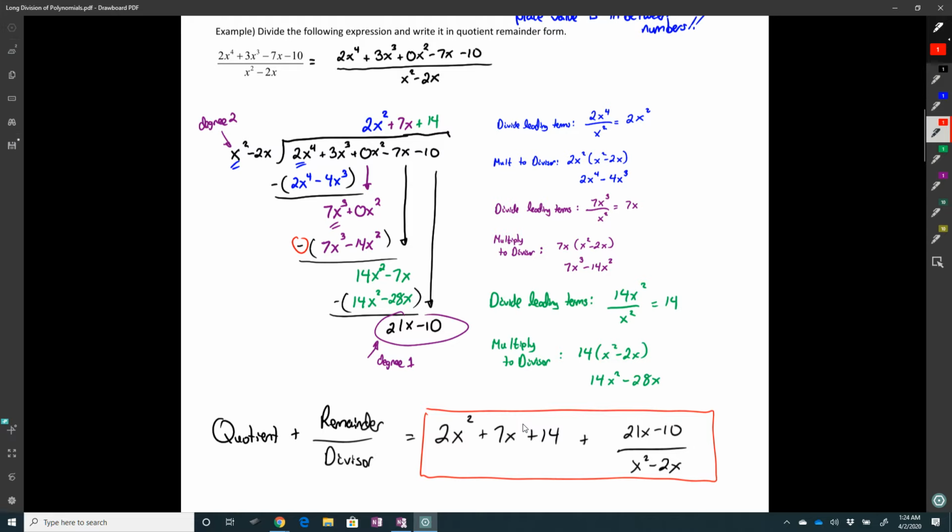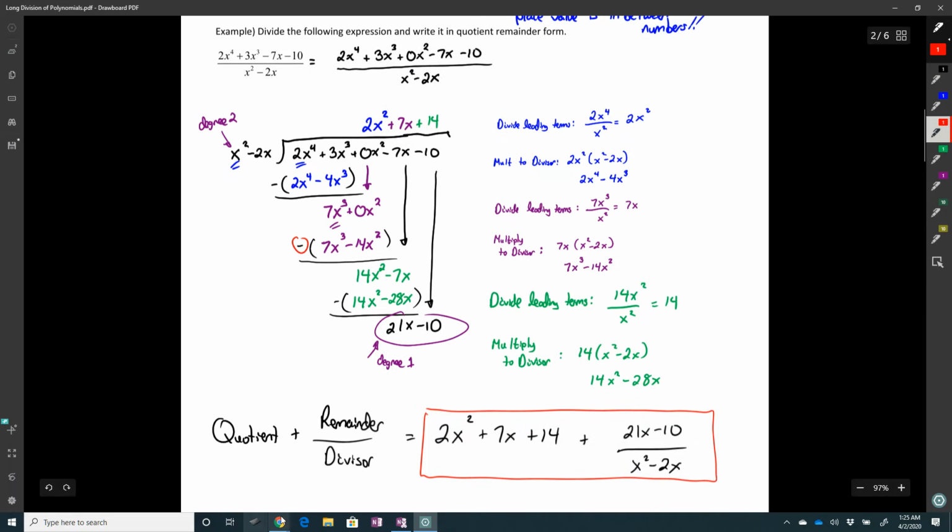So again, these take practice. If you have any questions or you have difficulty, I know there's a lot of tutorials on Khan Academy. If not, email me, and I'll do what I can to find you some worksheets that you can work on to just practice doing these long division problems.